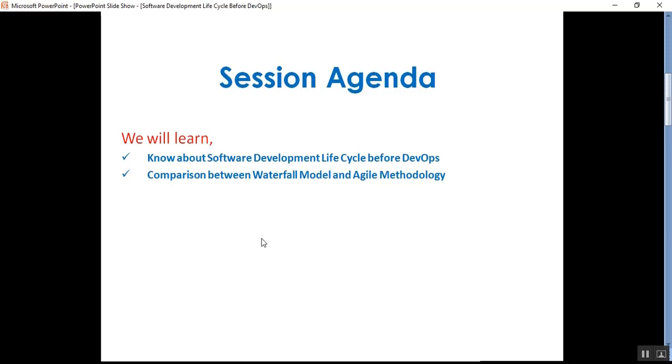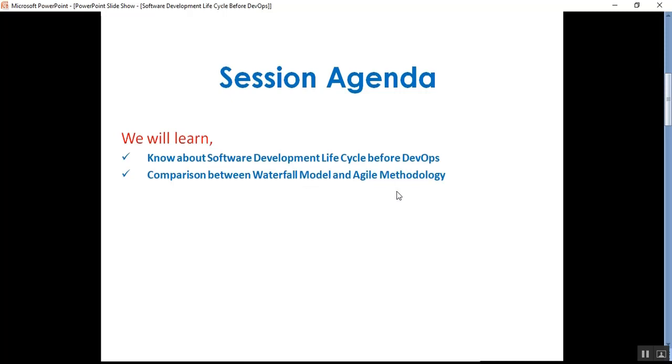There are a few points I have covered, that is the comparison between the waterfall model and agile methodologies. The waterfall model is a very old model, but the agile methodology is the new pattern of the software development life cycle. Waterfall is basically used for a small team, or a company with very few employees.